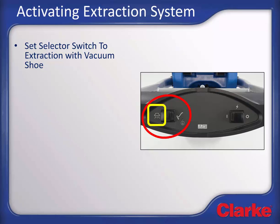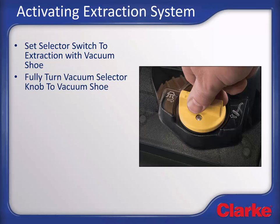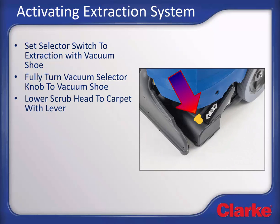When this switch is in the accessory position, the brush motor will not be turned on when the machine is active. Turn the vacuum selector knob on the recovery tank lid to the vacuum shoe position. Turn it all the way so that the arrows align to assure proper routing of vacuum power to the vacuum shoe. Lower cleaning deck from the storage position to the carpet by pressing down on the yellow brush storage lever,